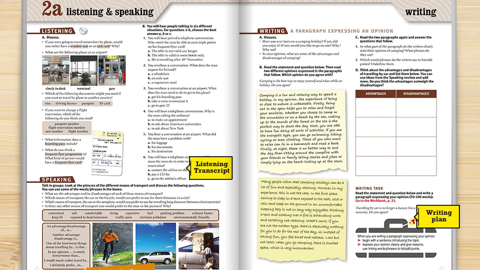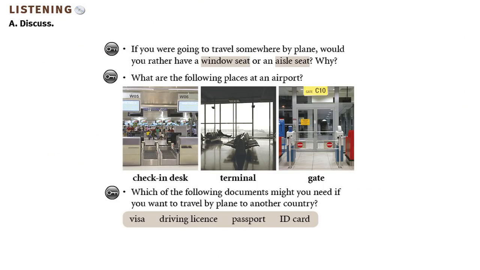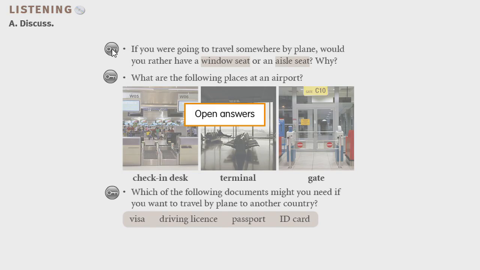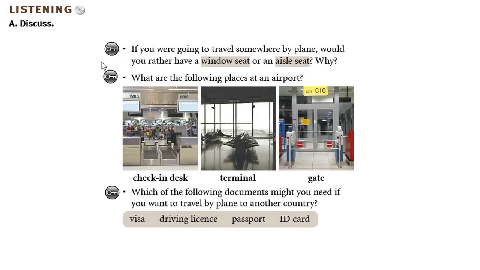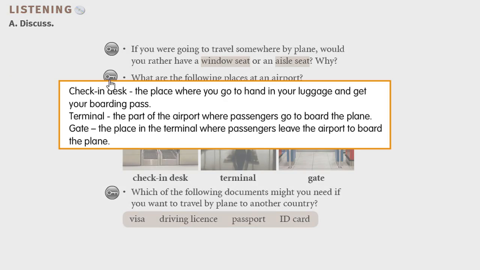2a Listening and speaking. Listening. A. Discuss. If you were going to travel somewhere by plane, would you rather have a window seat or an aisle seat? Why? Open answers. يعني إذا سافرت بالطائرة هل تريد مقعد عند النافذة أم مقعد في منتصف الممشى؟ Why? لماذا؟ What are the following places at an airport? ما هذه الأماكن في المطار؟